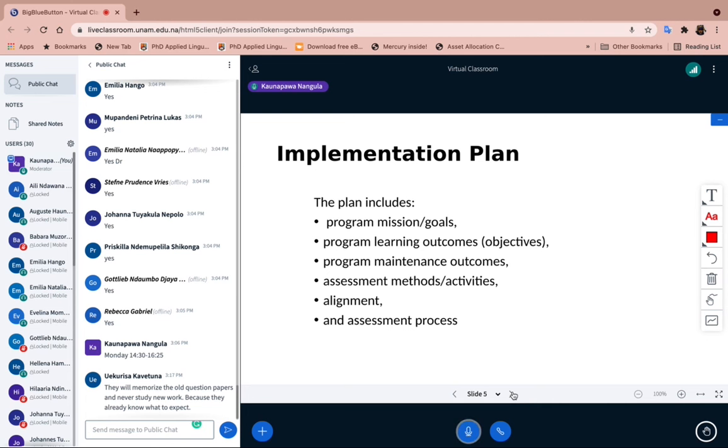All right. So when it comes to the implementation plan, it provides an ongoing map for assessing components of the program over time. The implementation plan gives you a bigger picture of the assessment that will be ongoing that year or that semester if you have divided them into semesters. All right, and then the implementation plan includes an action plan to achieve a program maintenance outcome, because we always have maintenance outcomes,